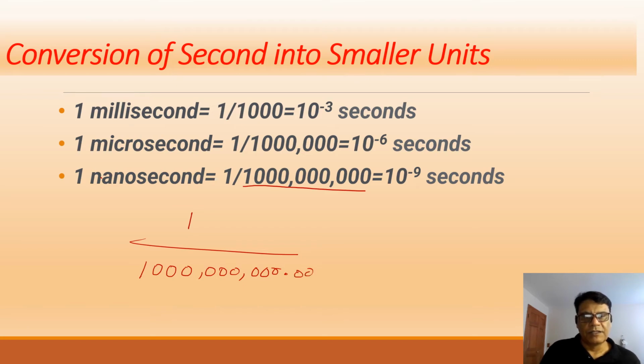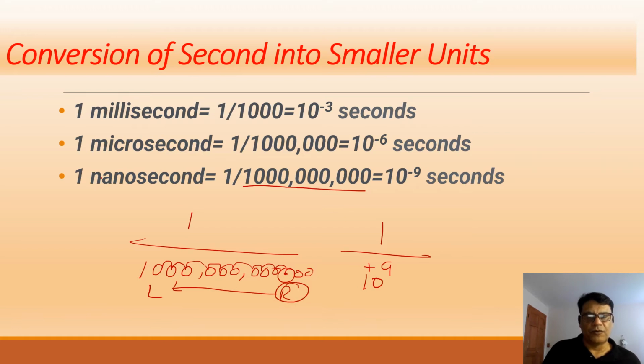Similarly, move your decimal point from right to left, 1, 2, 3, 4, 5, 6, 7, 8, 9. So your value will be 10 raised to power 9. The value will be positive because you have moved your decimal from right to left, and your value is greater